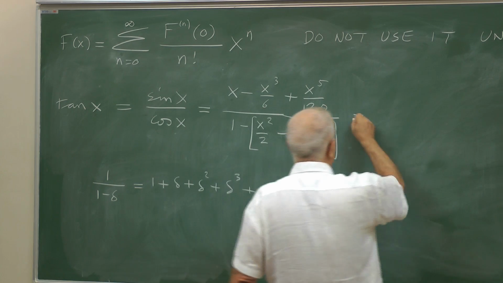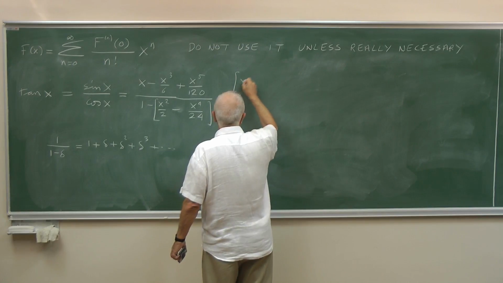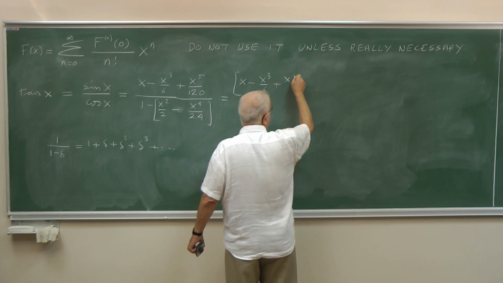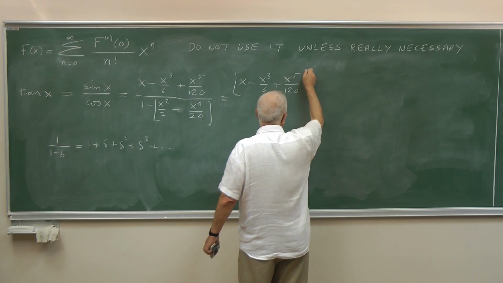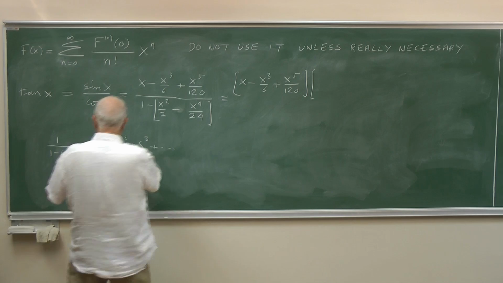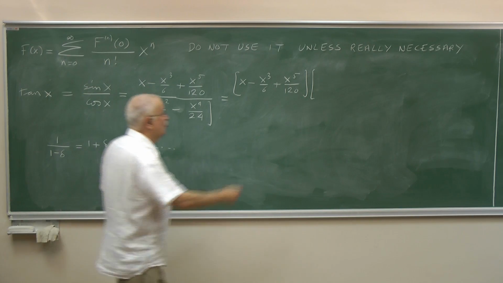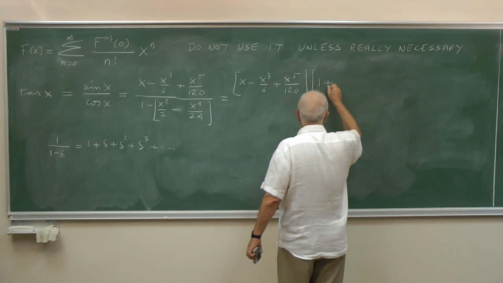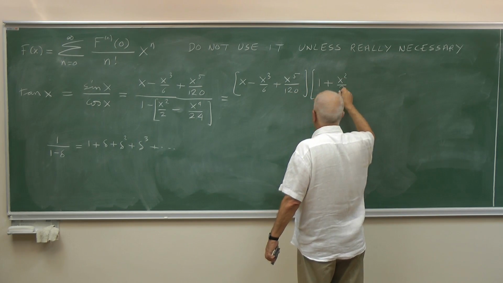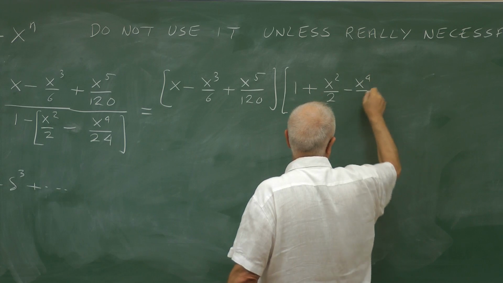So here I'll have the numerator x minus x cubed over 6 plus x to 5 over 120 multiplied by 1 over 1 minus delta, which will be 1, plus delta x squared over 2 minus x to the 4th over 24